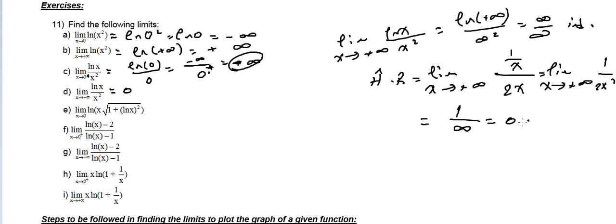We still have some more time. Let's do some more problems about limits. Let's take the limit of ln x times the radical of 1 plus ln x squared as x approaches 0. If we substitute 0, it's 0 times infinity, which is indeterminate. So we have to rewrite this as the limit as x approaches 0 plus of